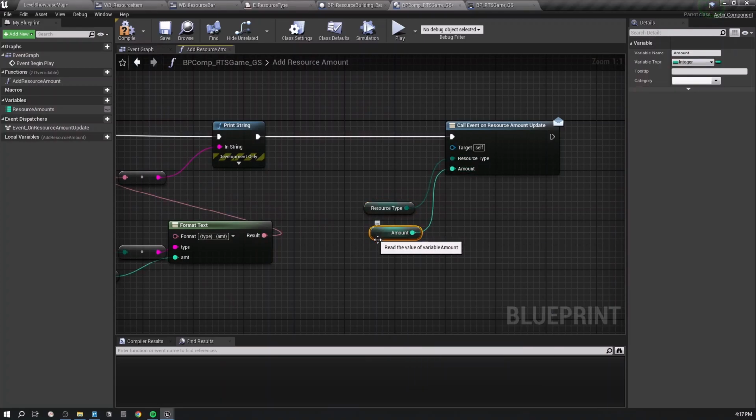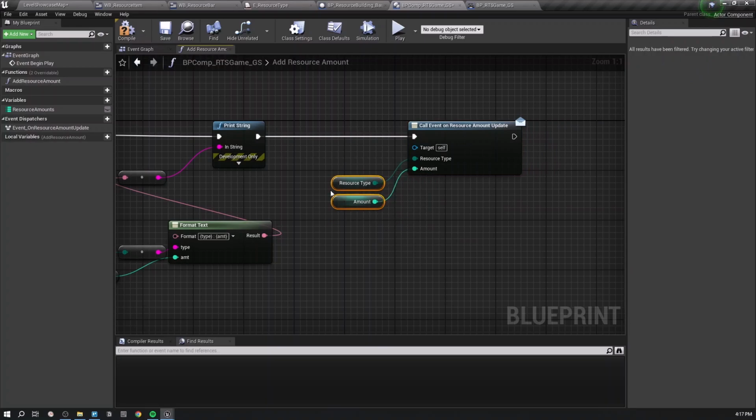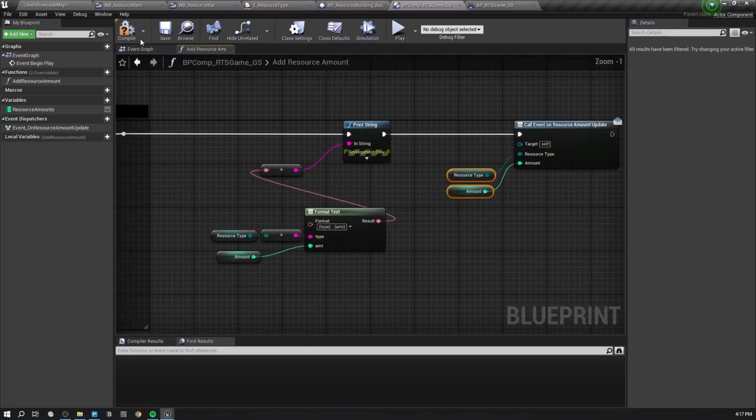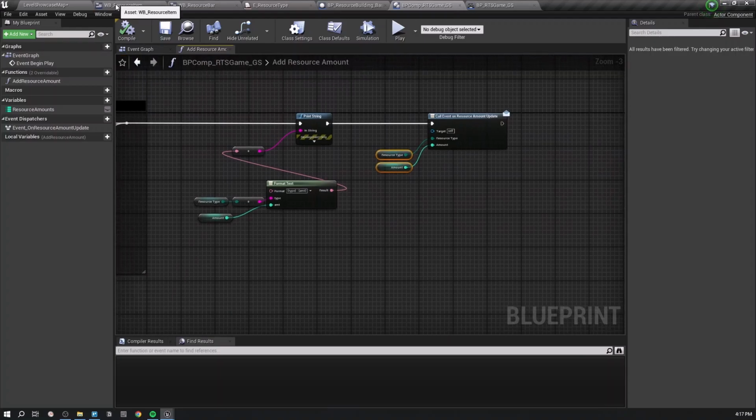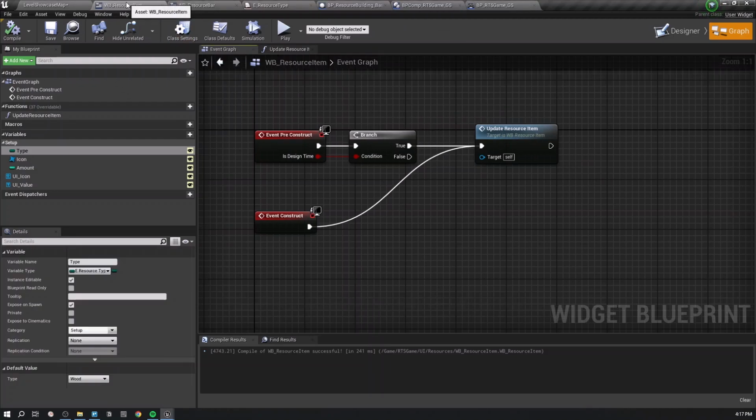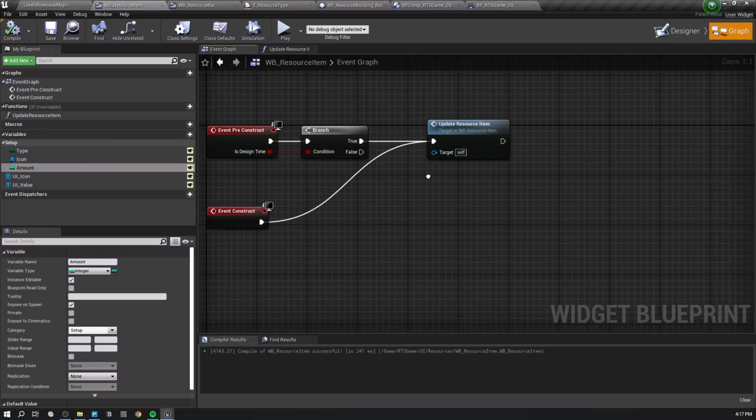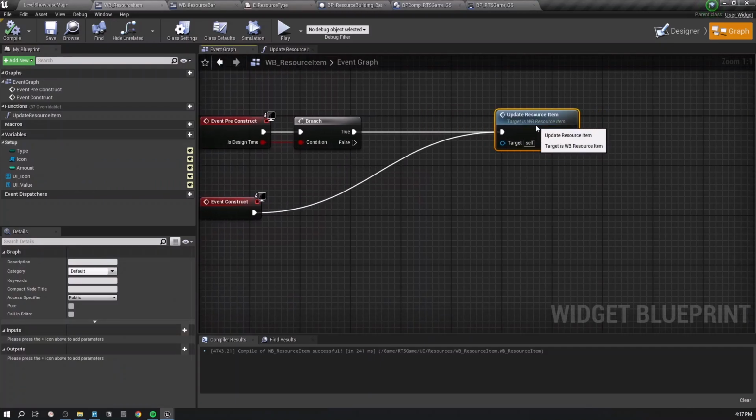So this basically attaches an event, or calls an event, using this game state, and we have to listen for this event within our resource item, right? Because resource item is the one which ultimately has this unique type and the amount, right? So in order to do that, basically